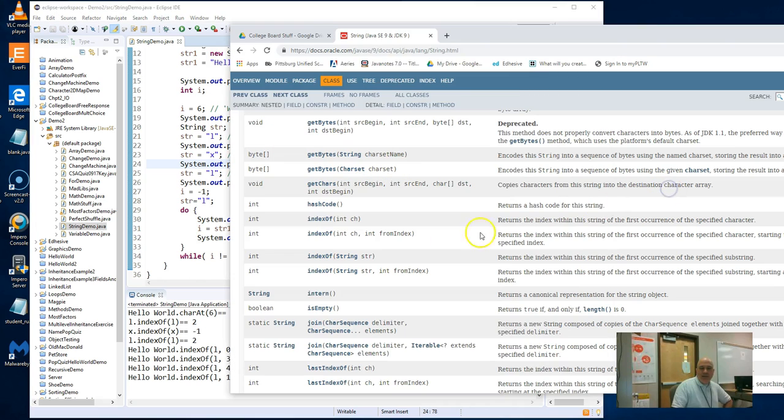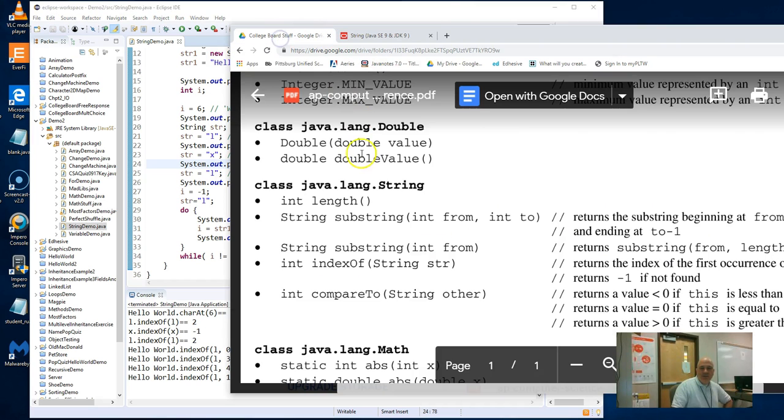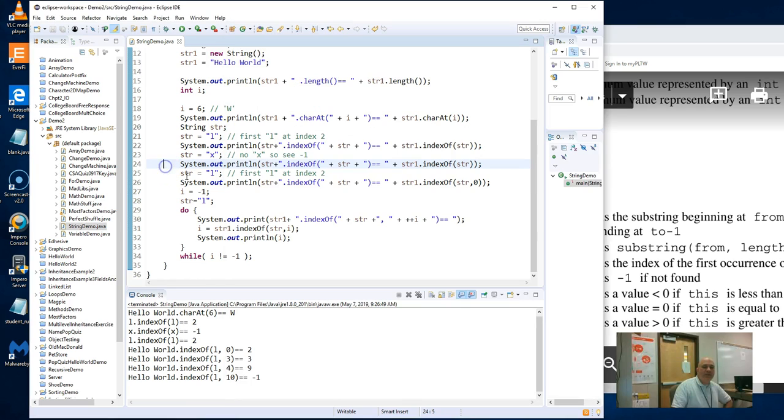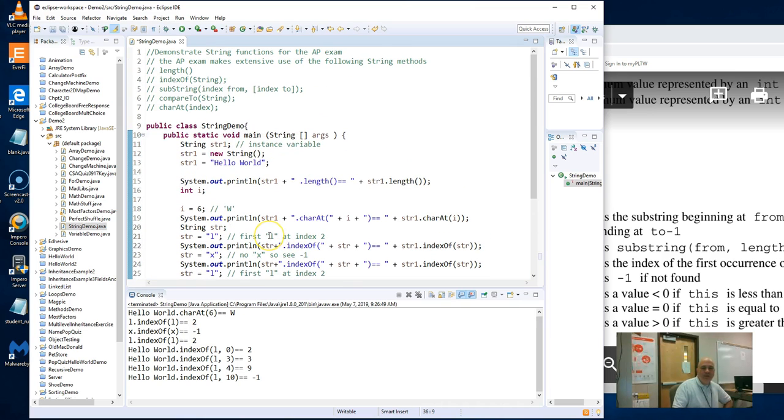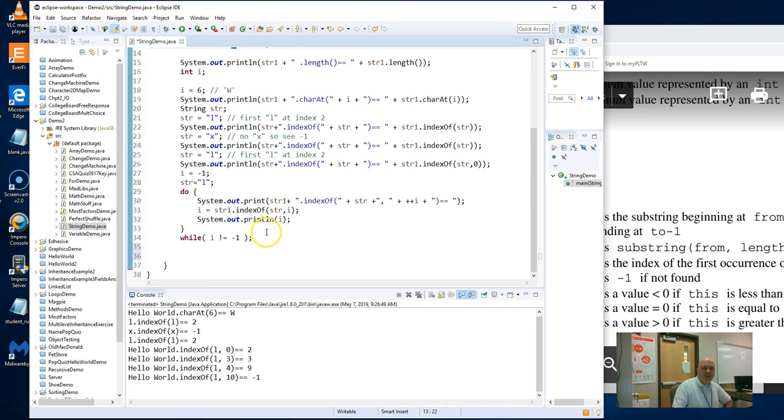So the next thing to look at is, we just did indexOfs, College Board stuff, substring. You see a lot of use of substring. Substring can pull the L's out. Let's look for a substring in Hello World starting at position 4 and going to position 8 or 6 and see what it looks like. So we do System.out.println, string1 plus dot substring